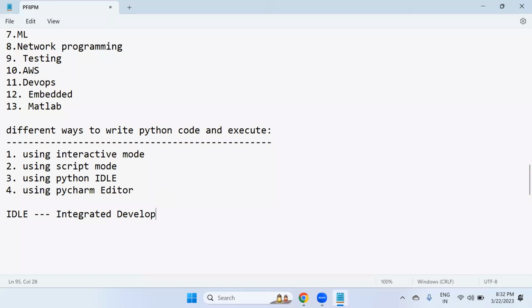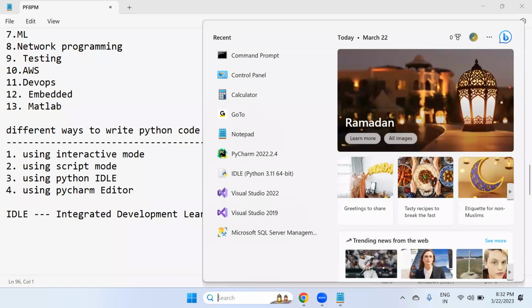By default, whenever we install Python software, you get this default editor. So when we go to search and type IDLE,